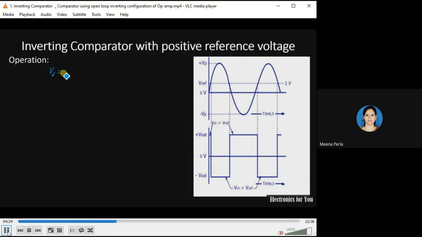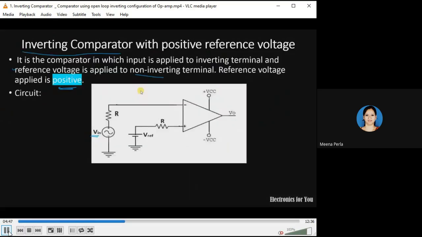So we'll understand it basically with this waveform and this formula: VD, that is the differential voltage, is equal to V1 minus V2. V1 is the voltage at the non-inverting terminal, and V2 is the voltage at the inverting terminal. So you should understand where V1 is and where V2 is. V1 means the non-inverting terminal voltage and V2 means the inverting terminal voltage. So when you multiply with this gain,